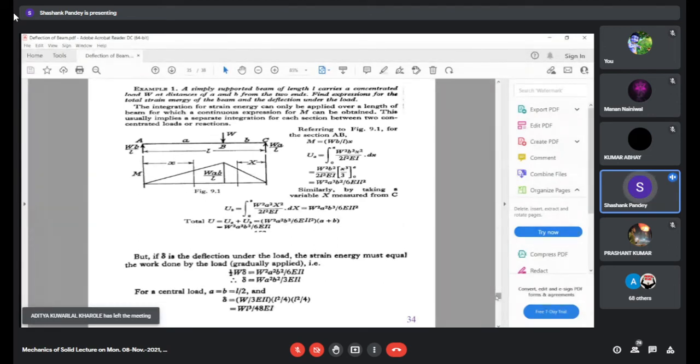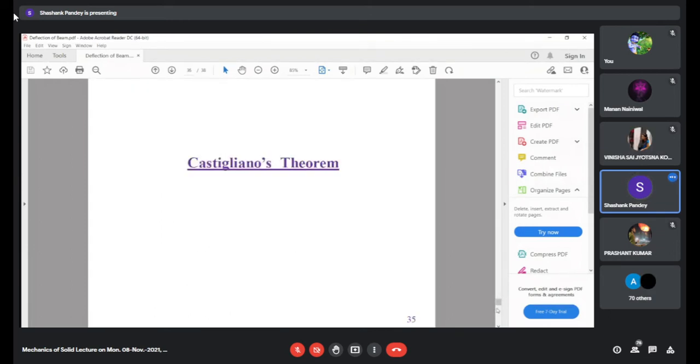But this can also be derived using this work energy principle. But this is more complicated, so we normally neglect this type of approach for this beam. But if the structure is too complicated, then we have to follow this approach. We will see in our subsequent example how complicated structures can be solved easily with this approach. But for a normal problem, we will not use this type of approach.